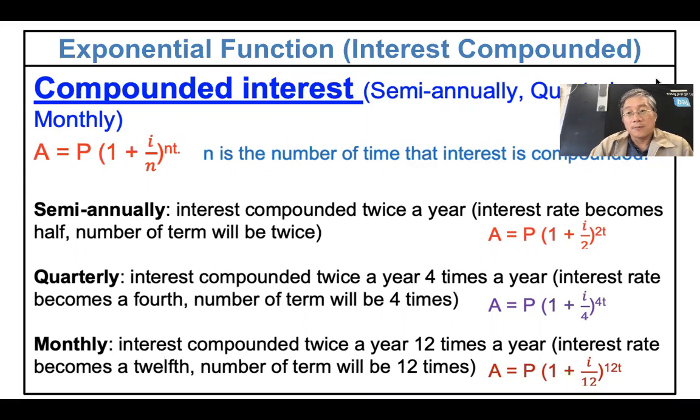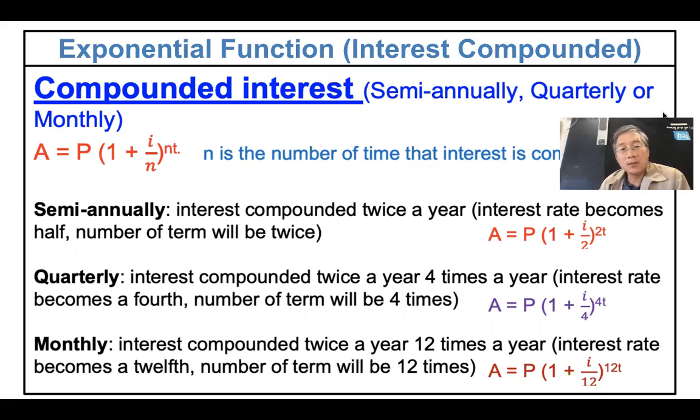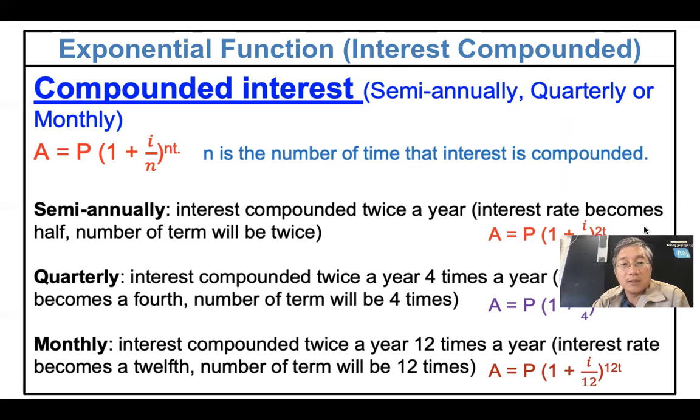so let's review for a second for compounded interest. So we talked about semi-annually, quarterly, or monthly, and if it is needed, daily also. So this is the formula. Amount A is equal to what? P, principal, times 1 plus interest rate, that's a decimal, divided by N, N in the power N times T. So N is the number of times that the interest is compounded, and the T is the how many years,